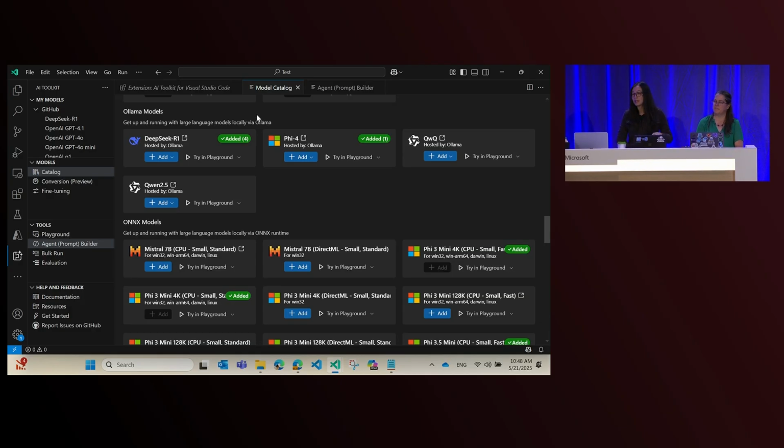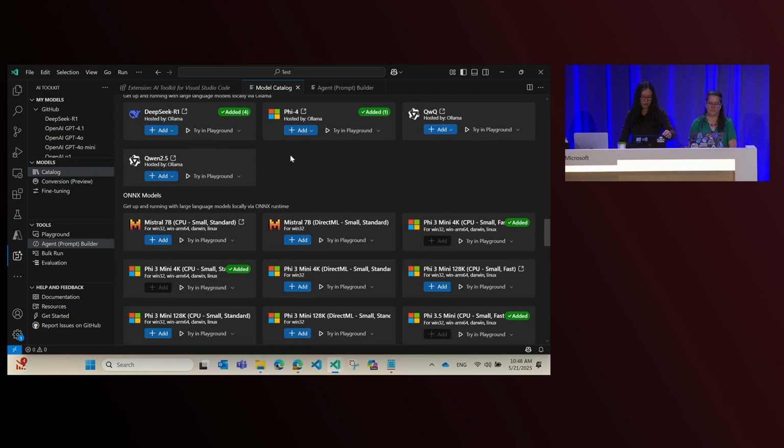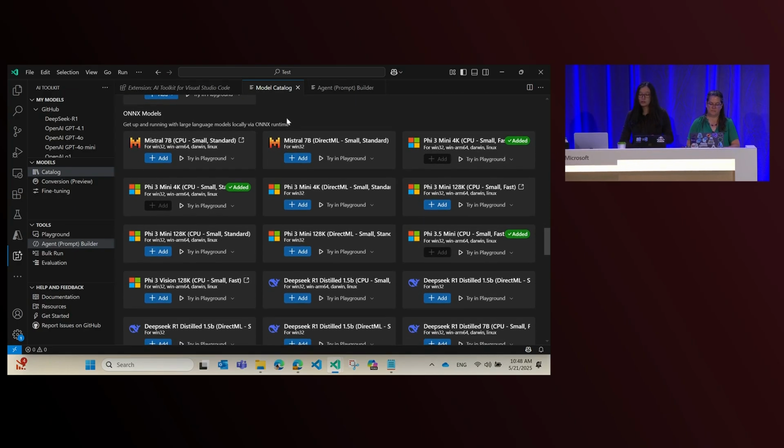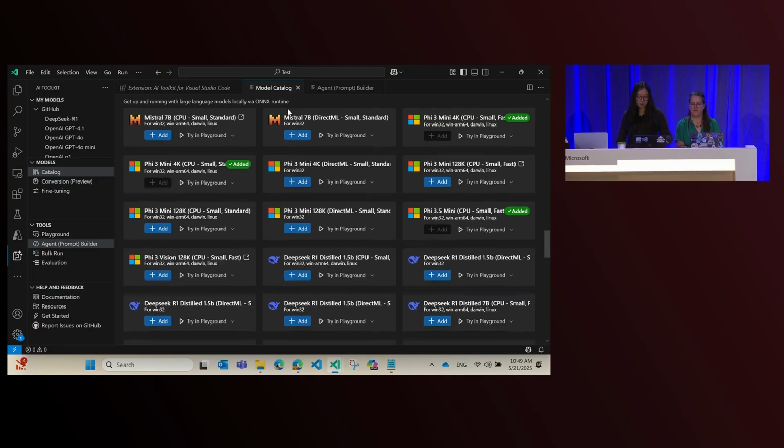So we have connected AI Toolkit with Ollama, which is a very popular framework for local model inferencing. If you have Ollama set up on your machine, you can bring in any of those models into the AI Toolkit, and then you can enjoy any of the features I'm about to show you in a bit. Microsoft also has trained our own models called the Phi family of models that we call Onyx. Onyx is the runtime name. But essentially, these are models you can download and run entirely on your local box. If you have GPU, if you have NPU, you can totally leverage all those resources on your local machine or in the cloud to run these models.